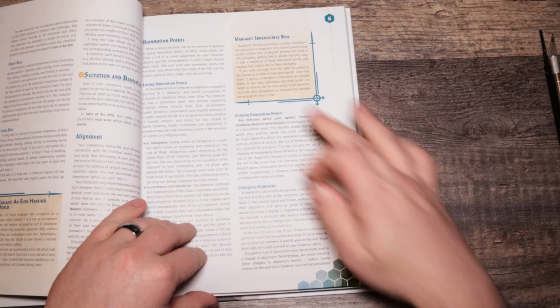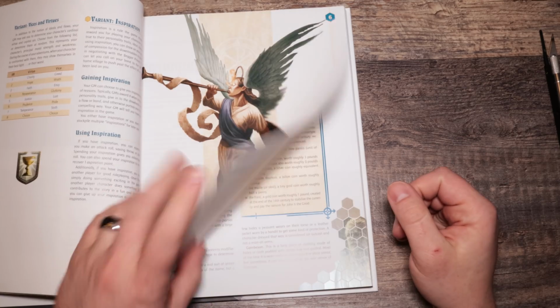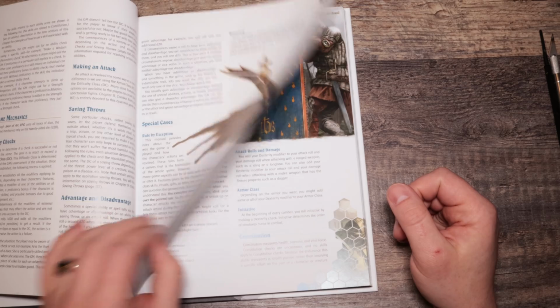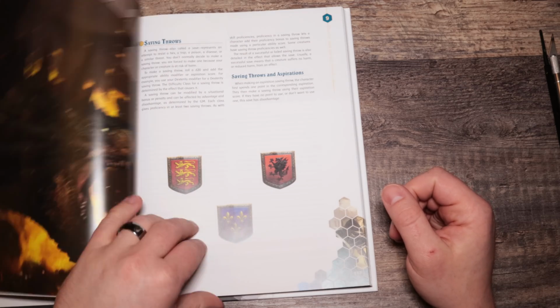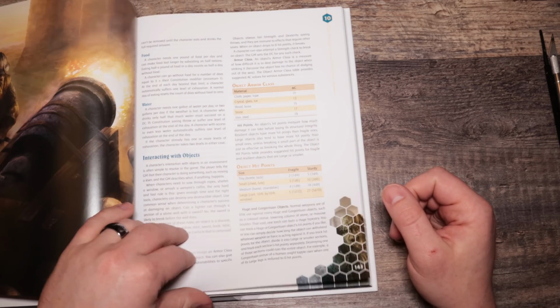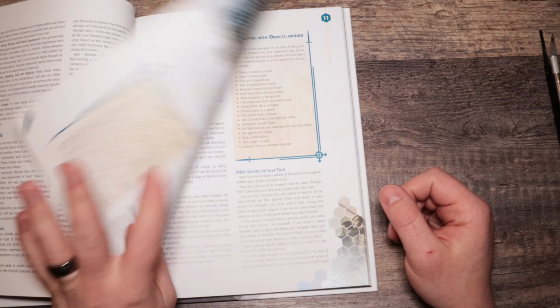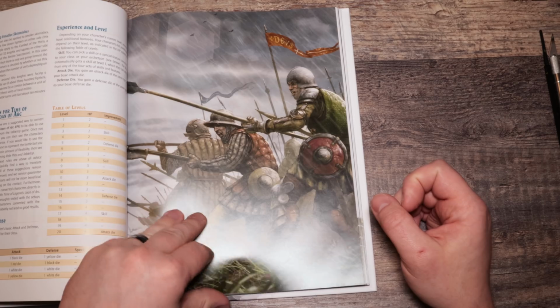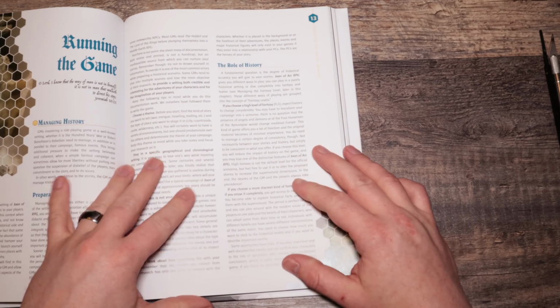There's some variants, it looks like, here and stuff like that. Alignment. Talking about a whole bunch of mounts and vehicles and constitution, saving throws, and aspirations. I aspire to have saving throws. Interacting with objects, make an attack. This actually seems a lot more...